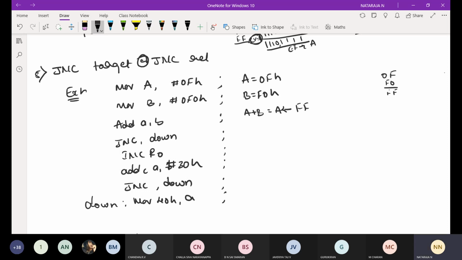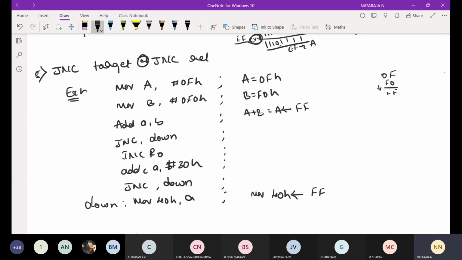Jump if no carry. Is any carry generating at the 8th bit? No, sir. No carry, so jump if no carry goes up to here. At 40h, we are going to store FF. That's it. Your program is over.